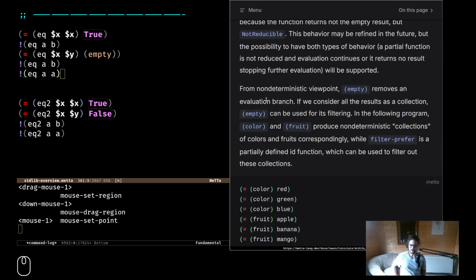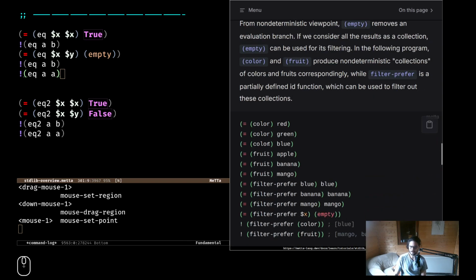Okay, from non-deterministic viewpoint, empty removes an evaluation branch. Yeah, it does that. If you consider all the results as a collection, empty can be used for filtering, yeah, it removes it. In the following program, color and fruit produce non-deterministic collections of colors and fruits correspondingly, while filter prefer is a partially defined ID function, which can be used to filter out these collections. Okay, so